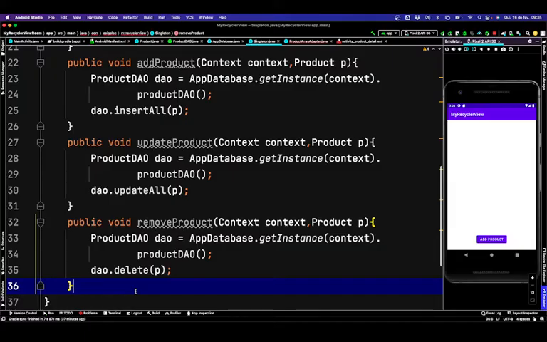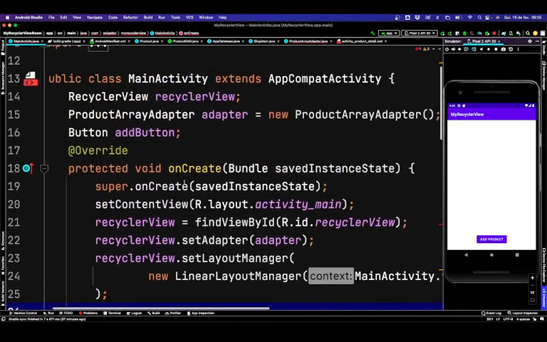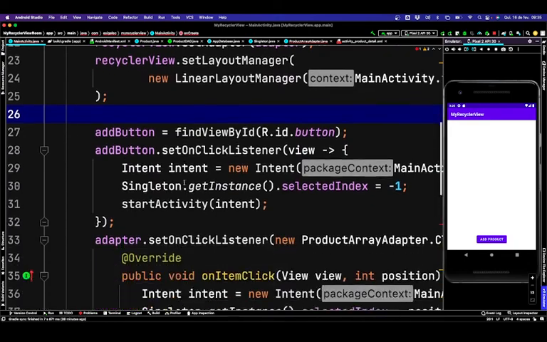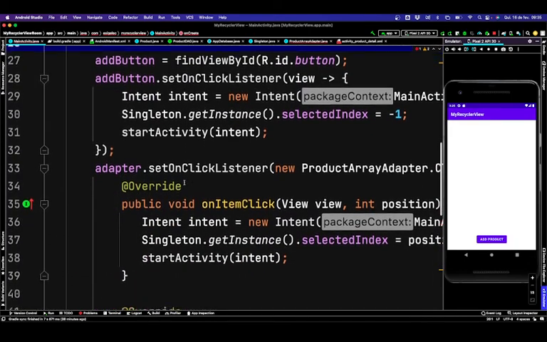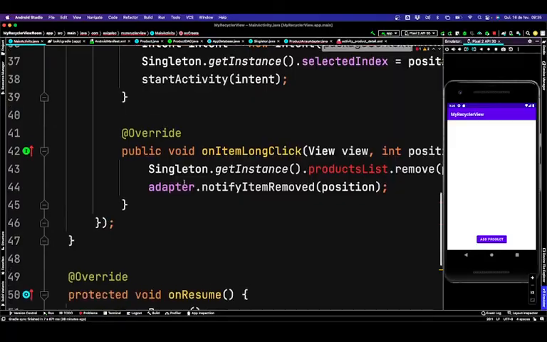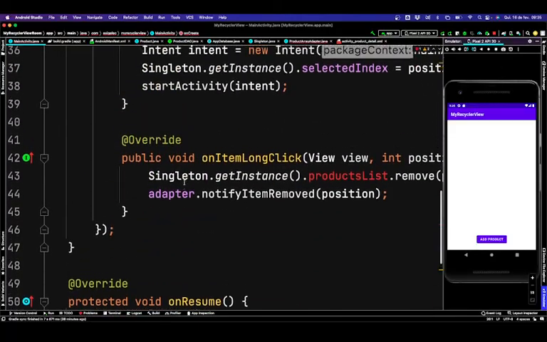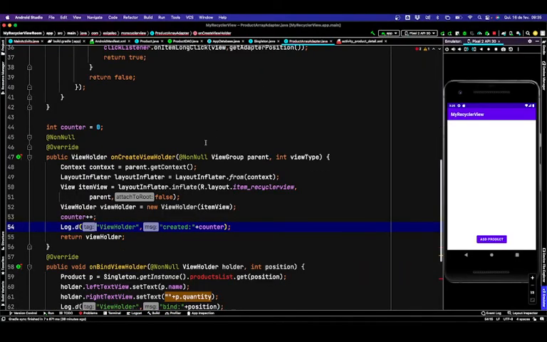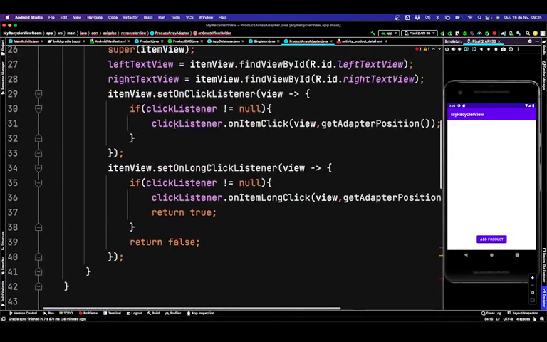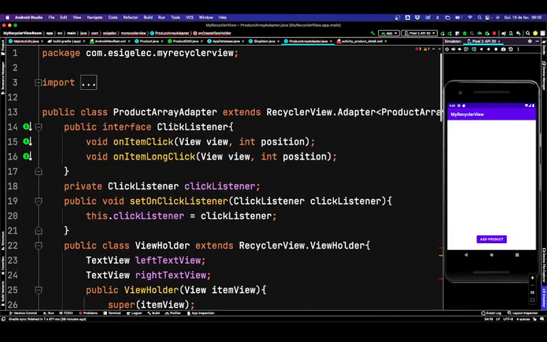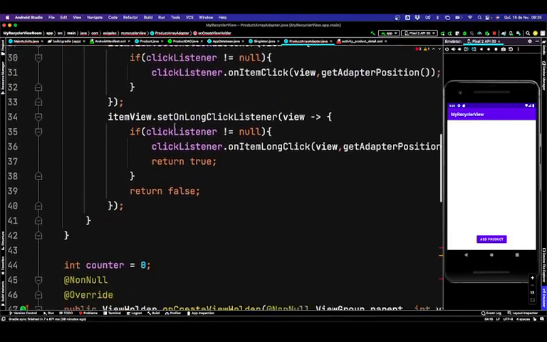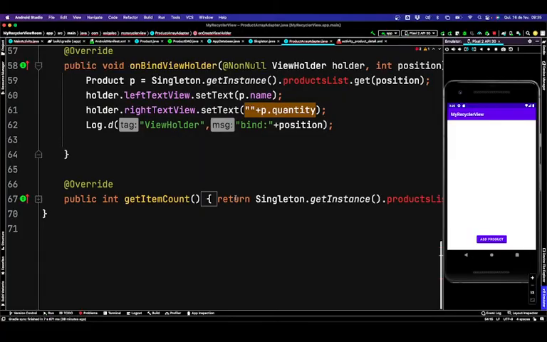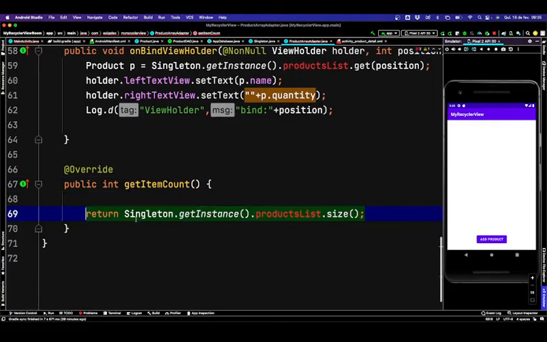Okay, and now we need to change our activities because probably it has stopped working. So first let's go to array adapter. So we need here on the get item count